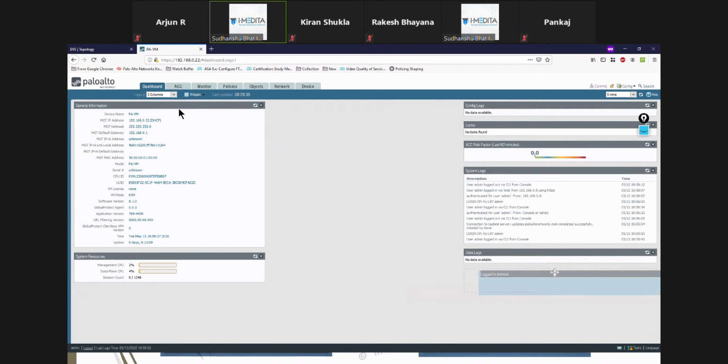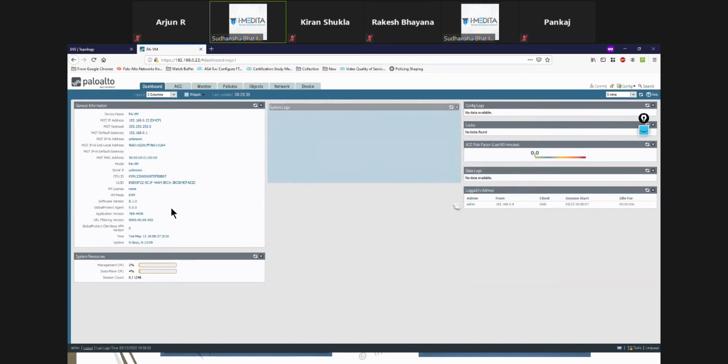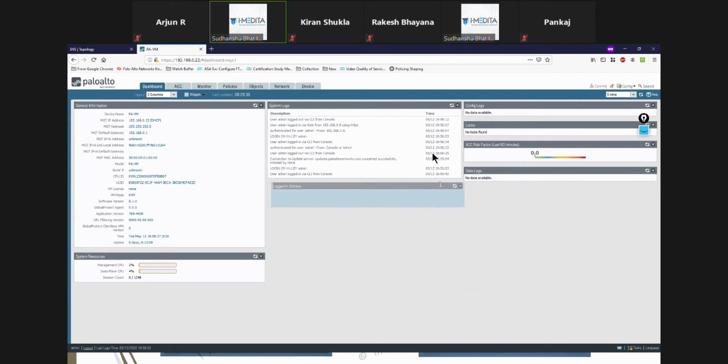This customization is per user. If I create a new user and customize the dashboard for that user, it will be different for that user.